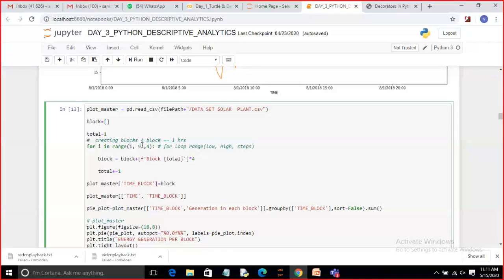It will take the previous value 96. Then it will take 4 blocks per hour. So block equal to block plus total start 4. The 4 hours, further 4 hours, they are going to multiply. Then total will be incremented by 1. For plotting, we are using the time block.